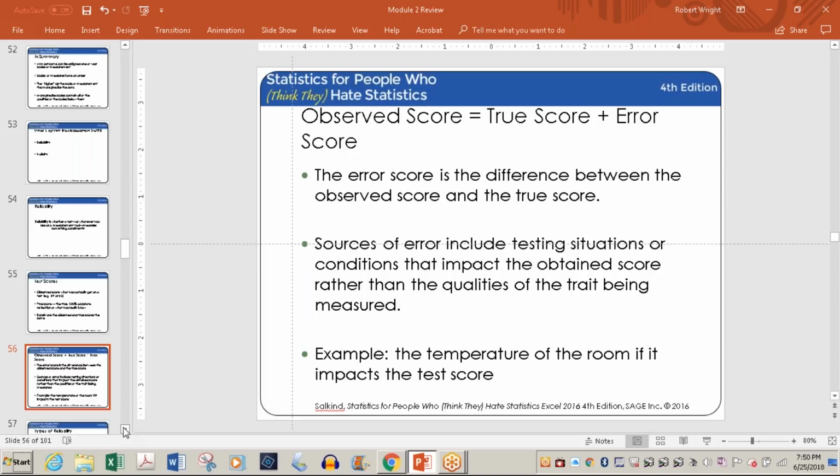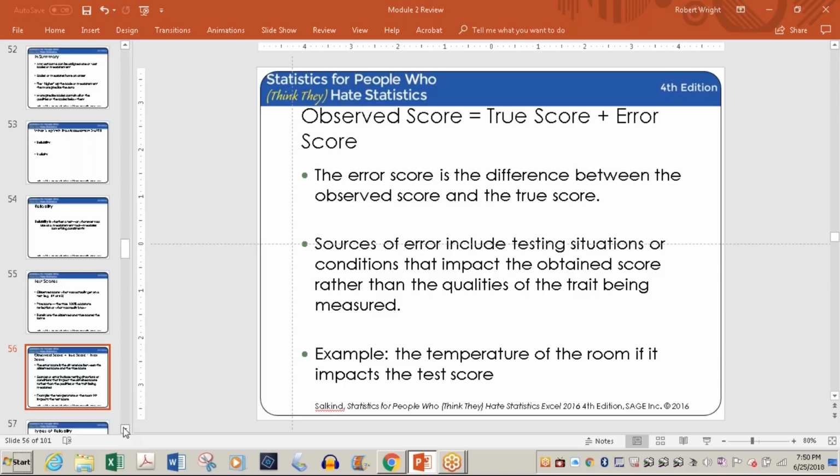But when you take the observed score, this true score and the error score, and again, the error score is the difference between the observed and the true. I'm trying to think. I don't recall seeing this a whole lot. Again, it's nice to know that it exists. So if you read about it, the people talk about the error score, it's the difference between what they observed and what the true score was.